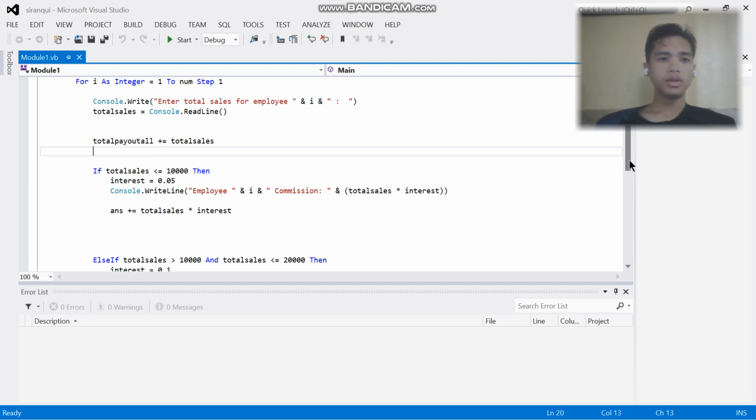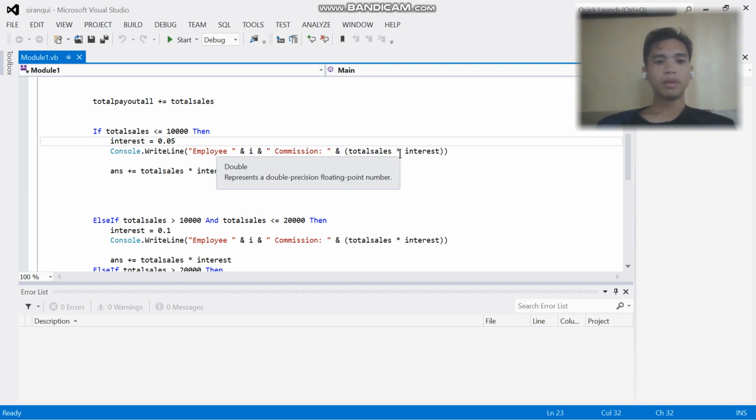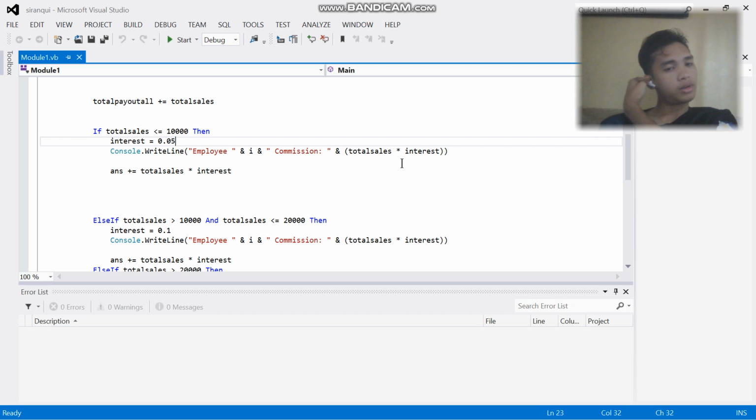now we're gonna change the total payout to the current value of the total sales. So here, this is still inside the for loop. So if the value of the total sales that we've inputted by employee number 1, because we're still at the first loop, is less than 10,000, then the interest would be 0.05, which means 5%. And then we're gonna output employee 1 commission, total sales multiplied by interest. So this is how you calculate the commission,